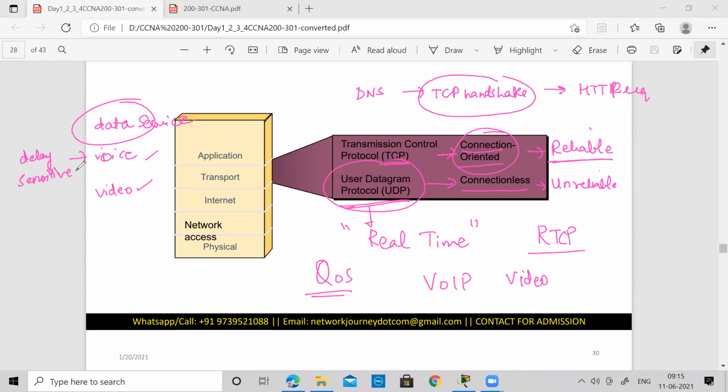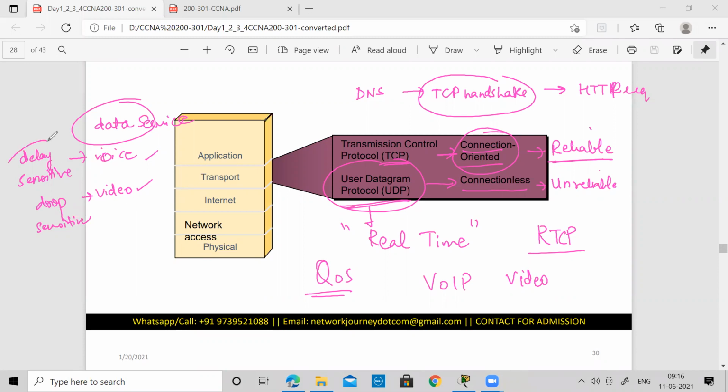Okay, how much delay can we tolerate? Delay sensitive is voice, and video is drop sensitive. How many packets can we allow to drop, if there are thousands of packets, 1 lakh of packets going, video packets or voice packets? Everything on the internet we refer to in the form of packets, because now there is no more separate communication, everything is now termed as packets.